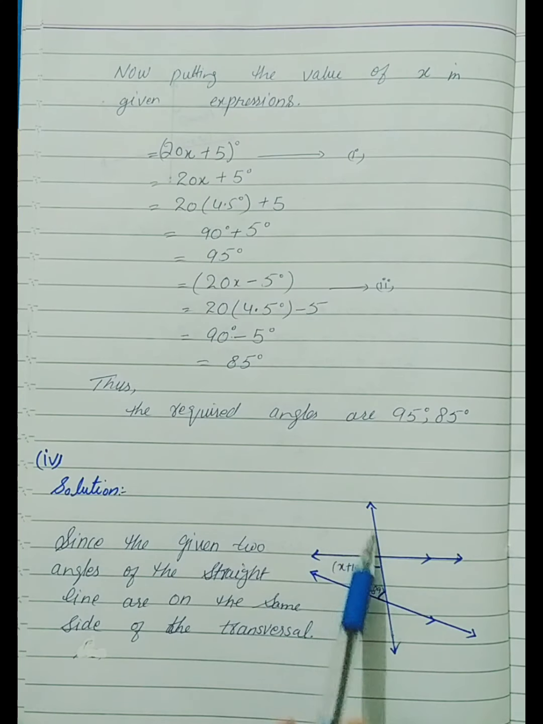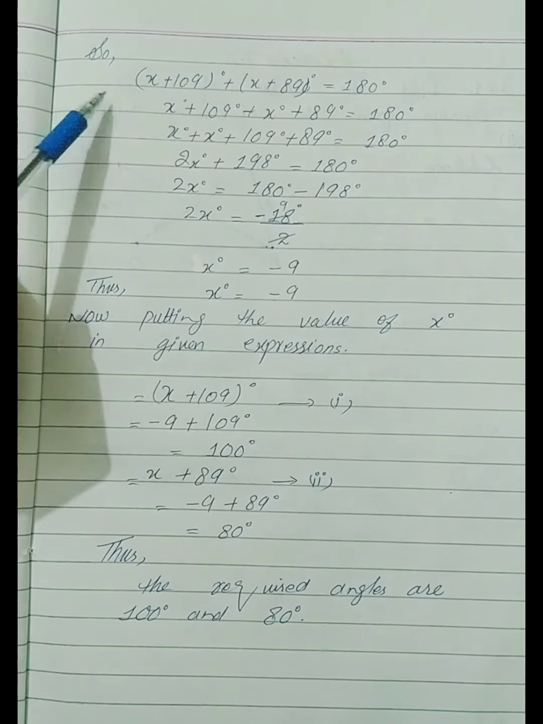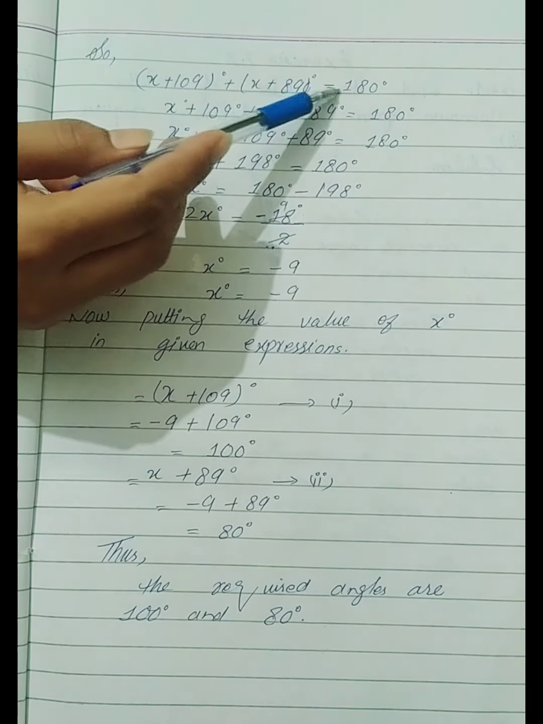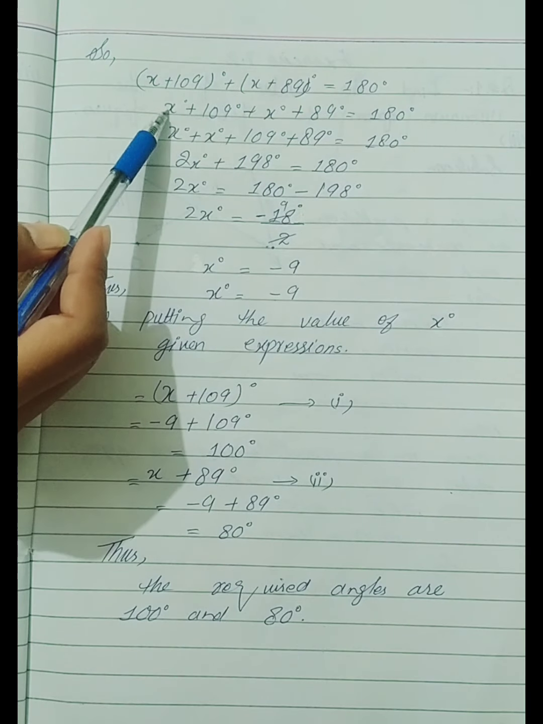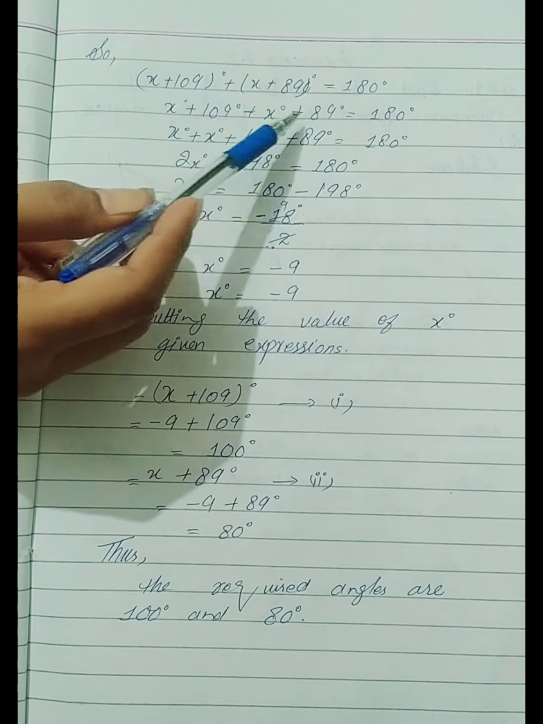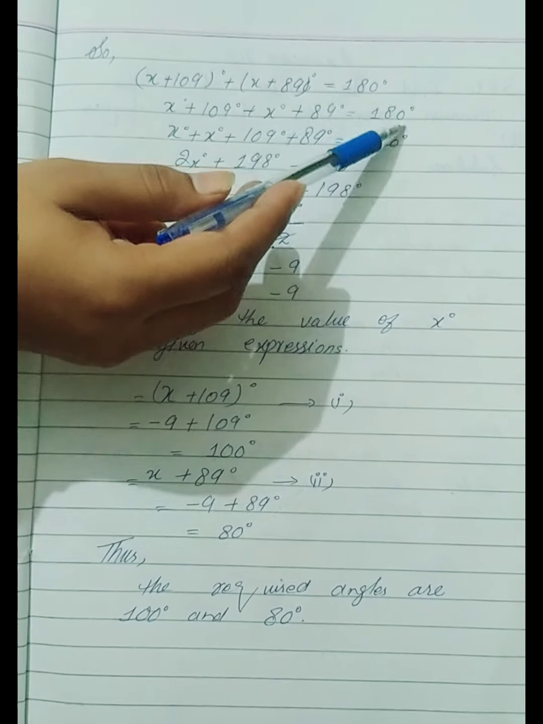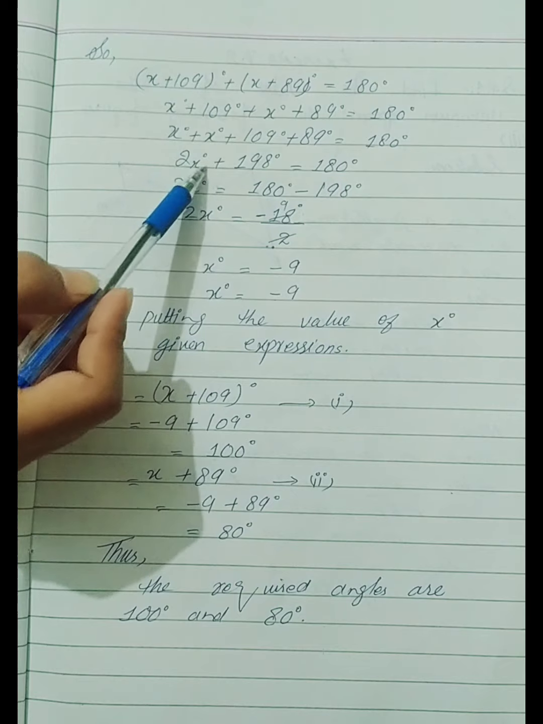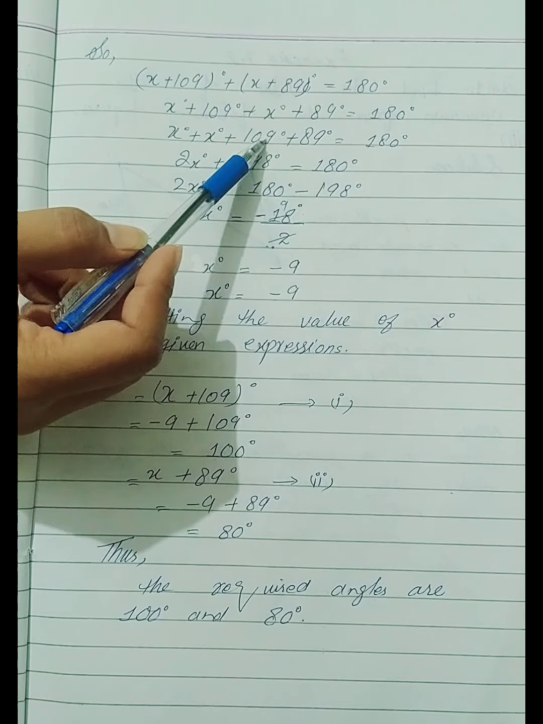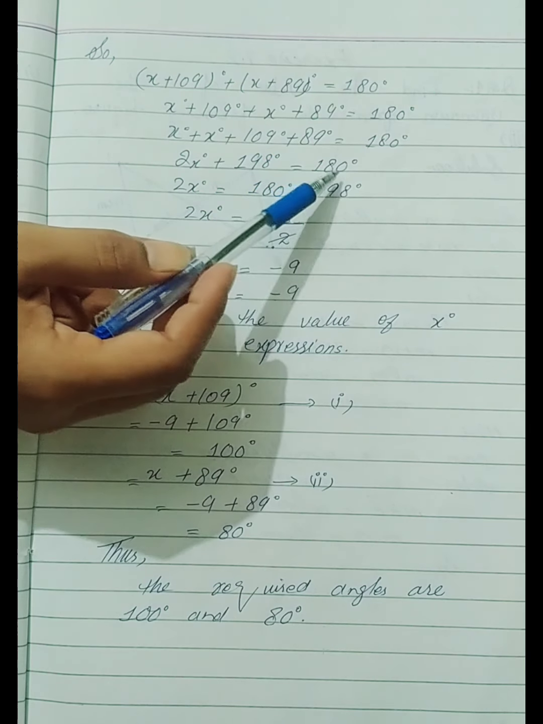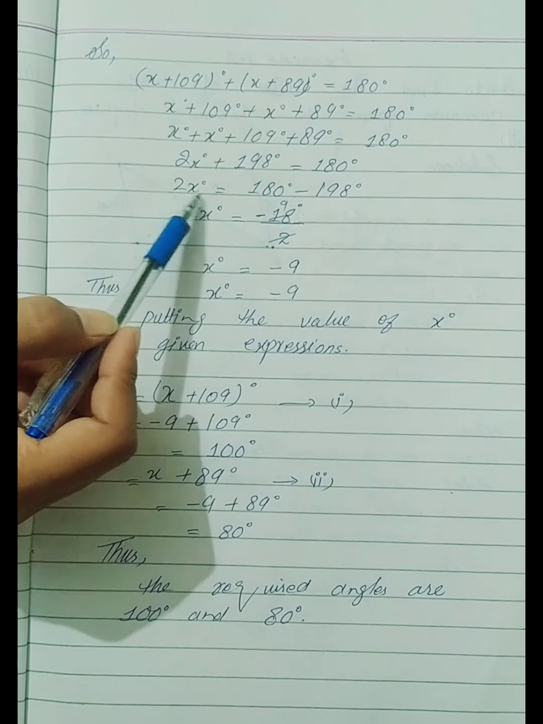Similarly, the next question, we have one straight line and two angles which are interior angles on the same side of the transversal. Both angles are on the same side of the transversal, so the sum of the angles equals 180 degree. So x plus 109 plus x plus 89 equals 180 degree. So x plus x we get 2x, and 109 plus 89 we get 198, equals 180 degree. So 2x equals